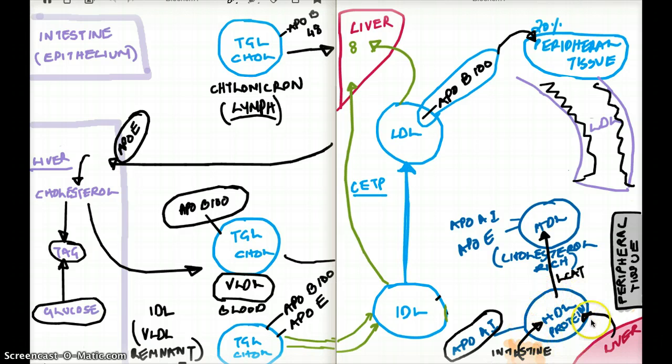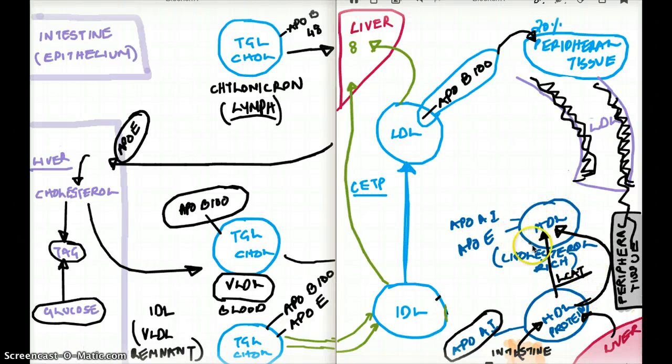So how is our HDL, which was so rich in protein, suddenly getting all this cholesterol? From the peripheral tissue. And how is the peripheral tissue getting all that cholesterol? From the LDL that it deposited. So this cholesterol that has been depositing in our peripheral tissue is going to be picked up by our HDL using the enzyme LCAT, which is, I believe, lecithin cholesterol acyl transferase. Okay, it's going to be picked up by our LCAT, and our HDL is going to be converted to cholesterol